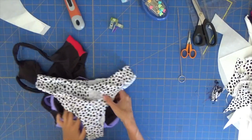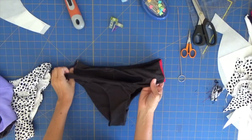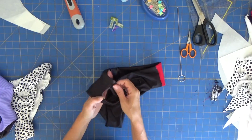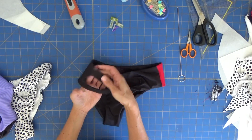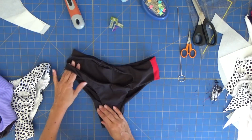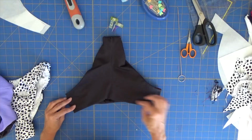So this is like a bonus. I never share this, but okay. These were the first ones that I did, with the bad fabric, the bad black one, that it's white on the other side, but never mind. So these are the first ones that I did. I'm gonna share the picture of these with the center back,